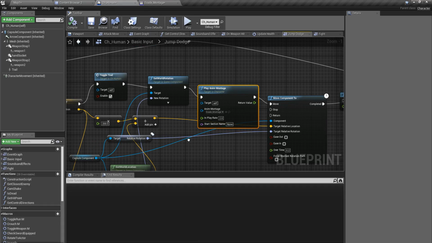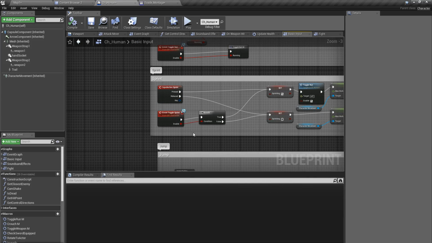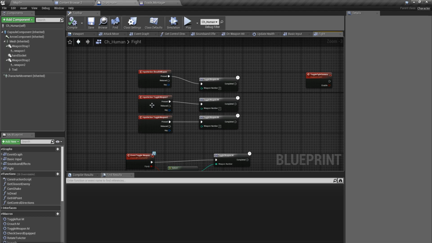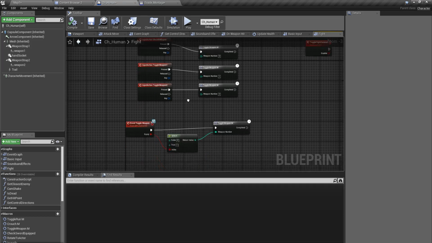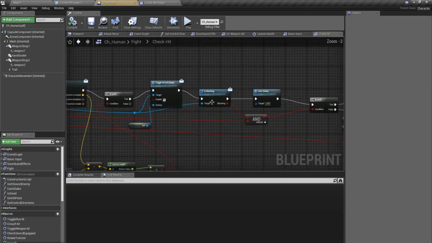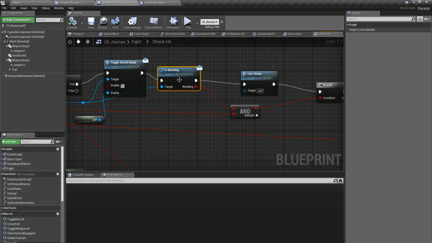So I have to do that on my check hit method, which is, where is the check hit? It should be here, right? So now here I only check this is blocking, so I should check also is evading